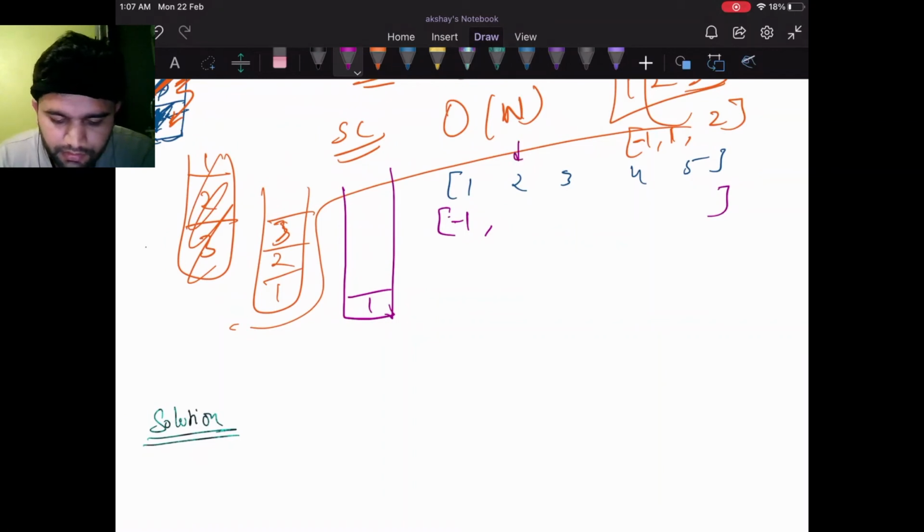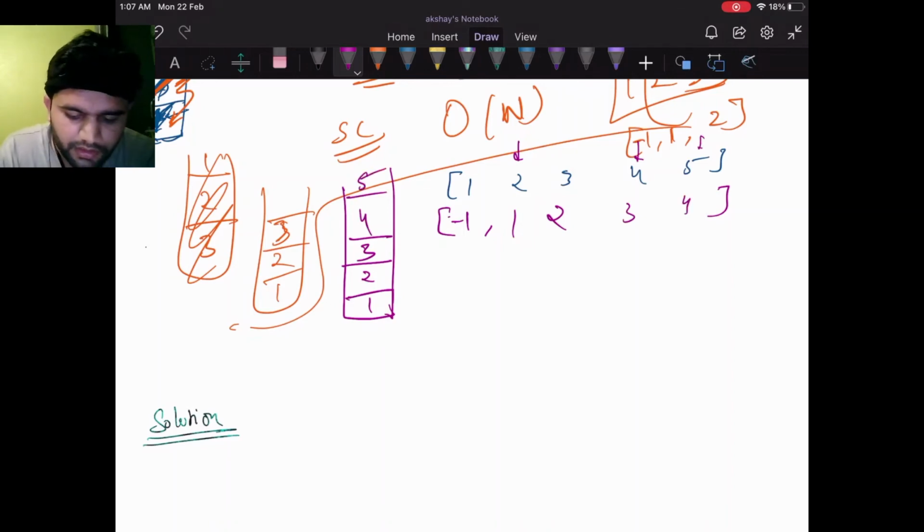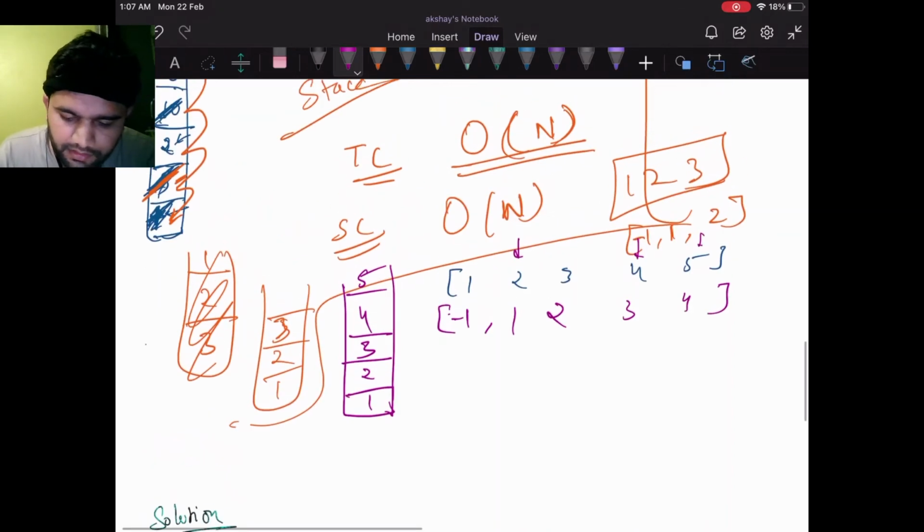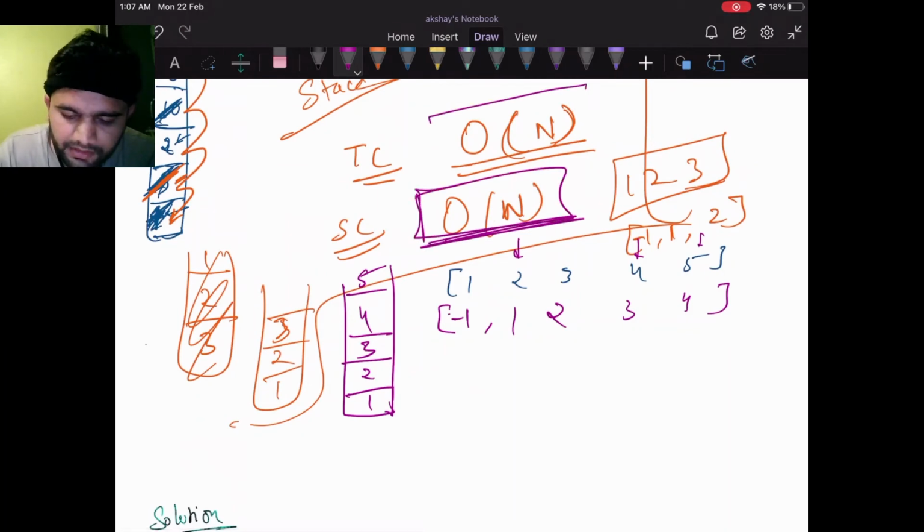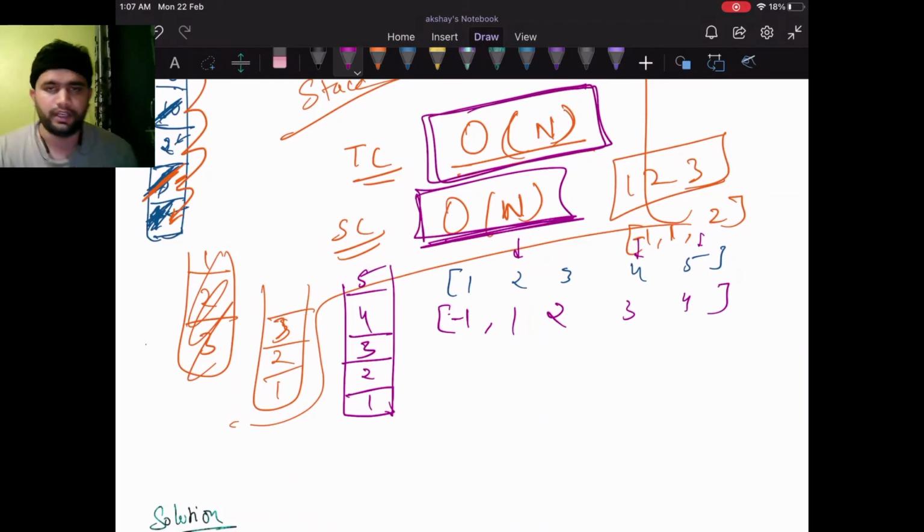The peak is smaller, so I will put 1 here and push 2 here. Peak is smaller, I will put 2 here and push 3. Peak is smaller, I will put 3 here and push 4. Peak is smaller, I will put 4 here and push 5. So at max, the space complexity can grow to n, and at max the time complexity can grow to n.